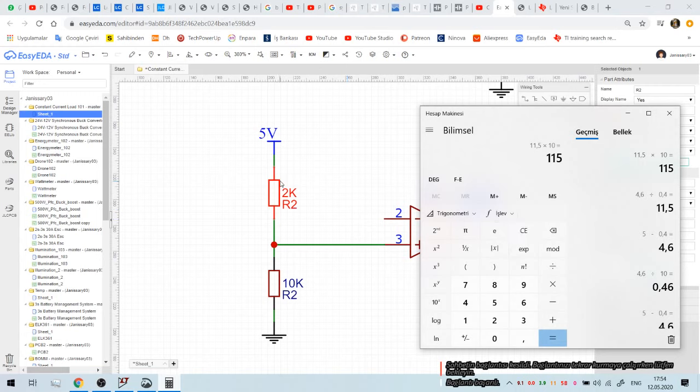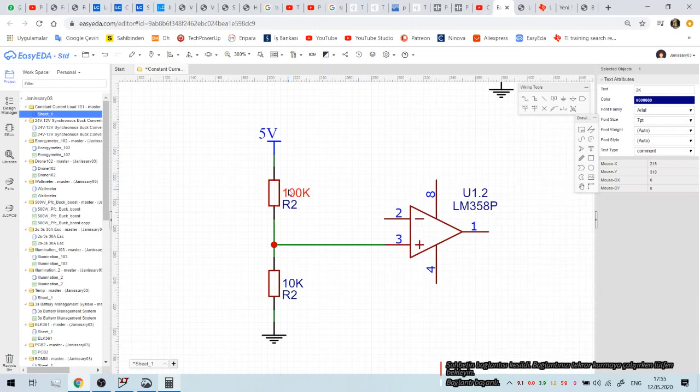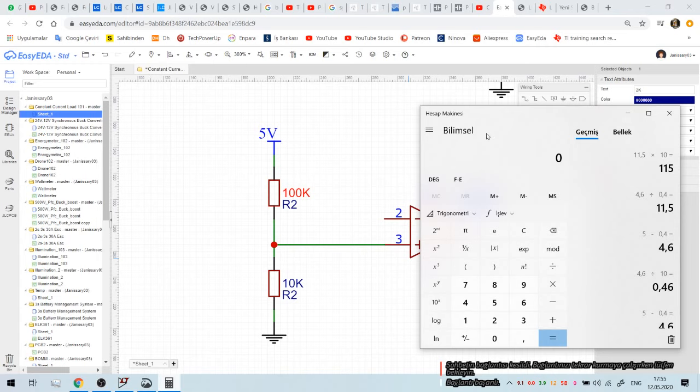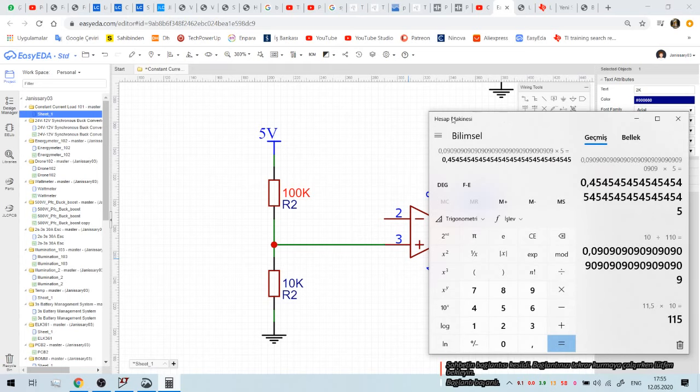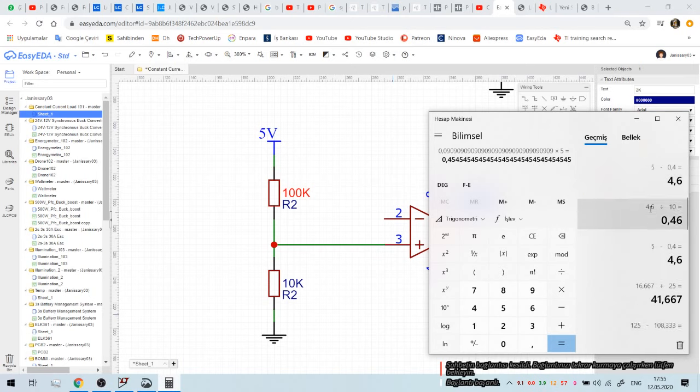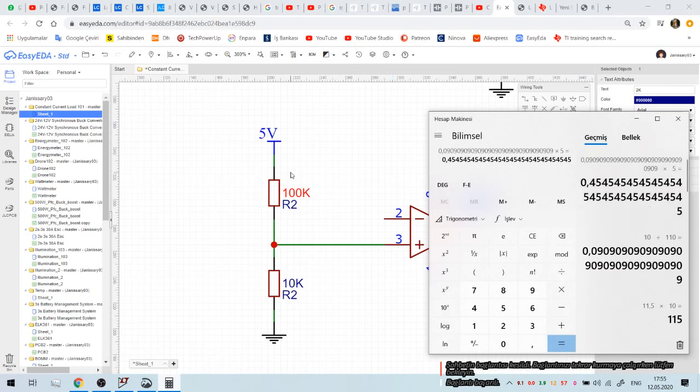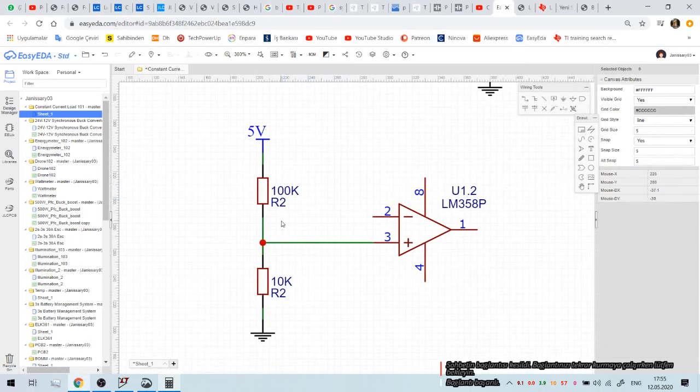If we take it 100K, what will it give us? It is a common resistor value. I want to check it. 10K divided by and times, yes, 45 centigrade degree. There is not much difference. I think it can be usable because also the transistors maybe are not dissipating 40 watts, but I think this 100 watts is very great for this application. Maybe we can change it later. Okay.